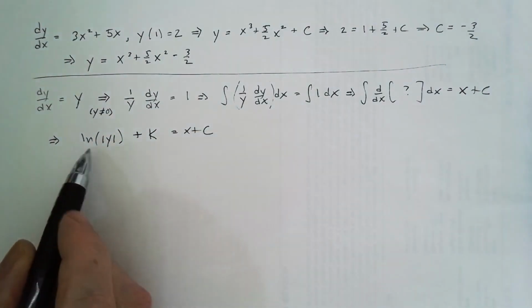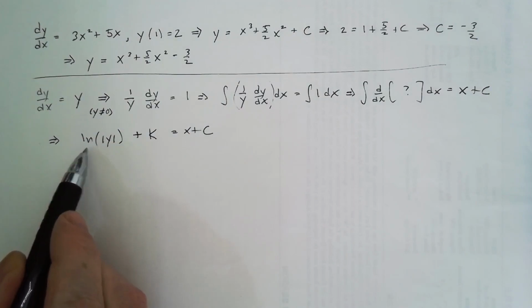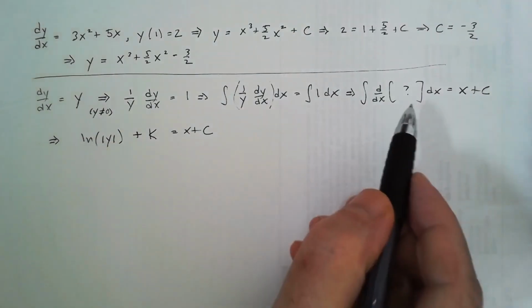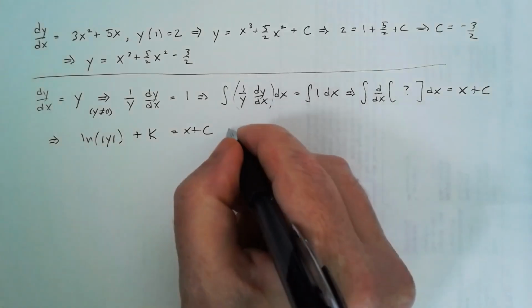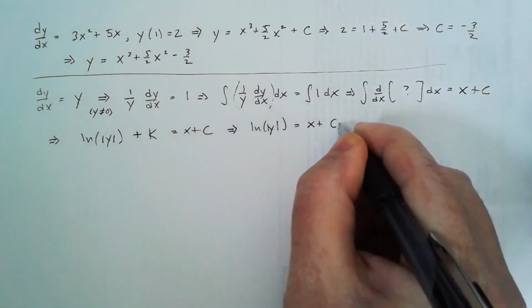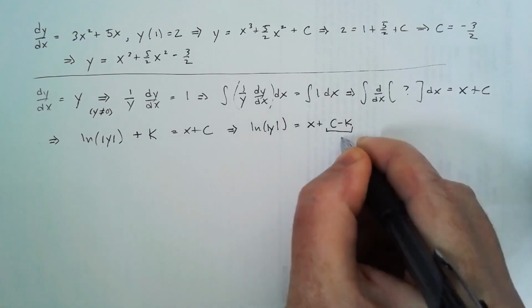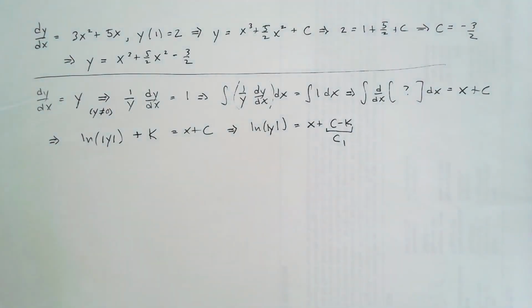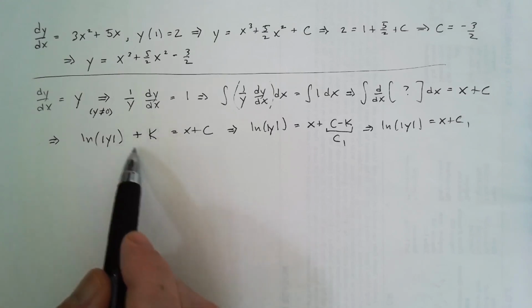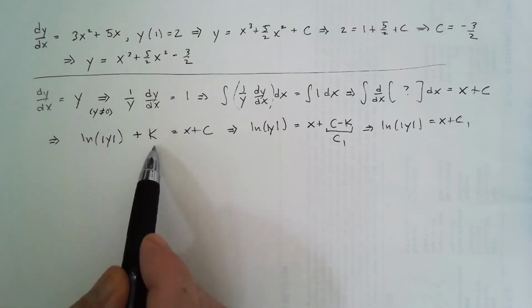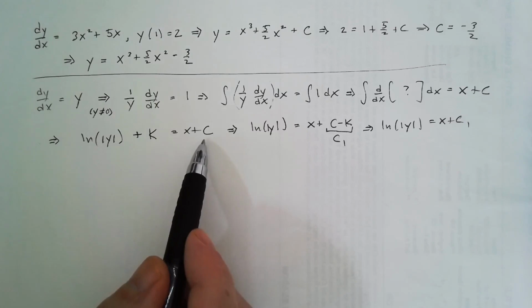By differentiating, we can double check that the derivative of this side would be 1 over y dy/dx, which is what we originally had here. Now we could also move the k to the other side, and we could call this new constant, say, c1, some other constant. In the future, this will always be true, and we will not bother putting a constant of integration on the left-hand side because we'll always be able to move it over and combine it with the constant of integration on the right-hand side. We'll see that in a future example.